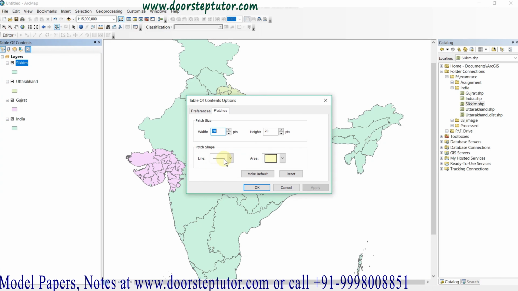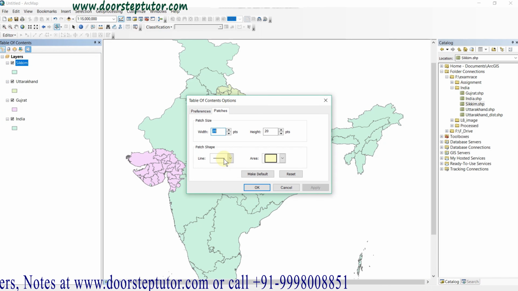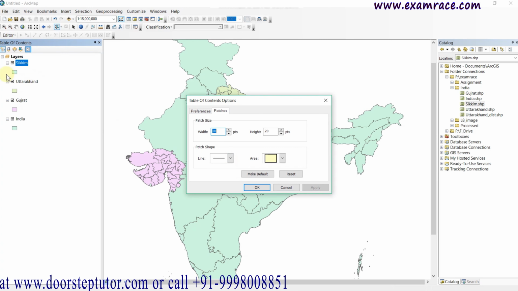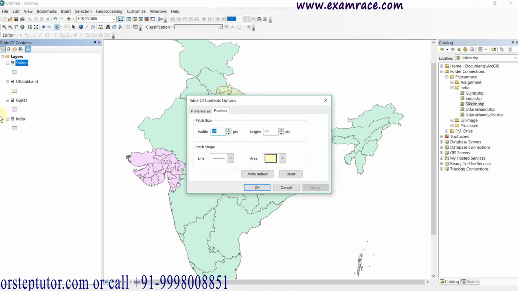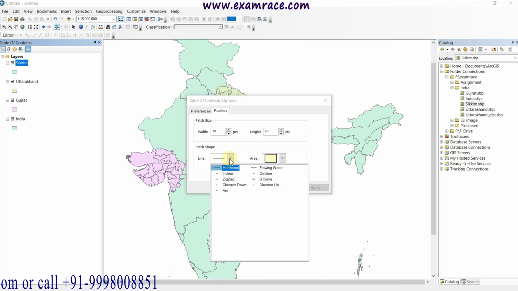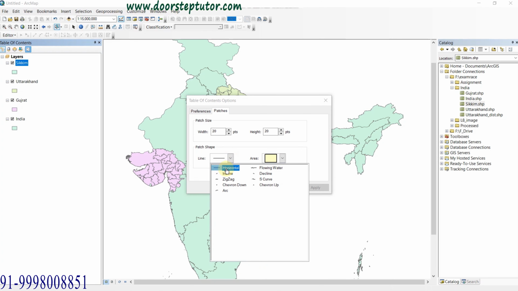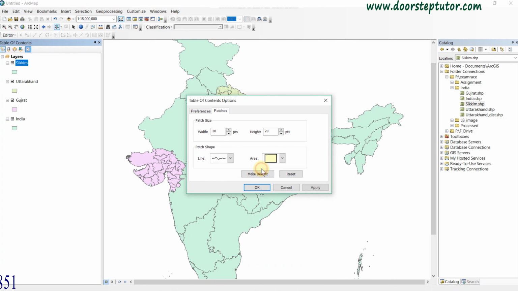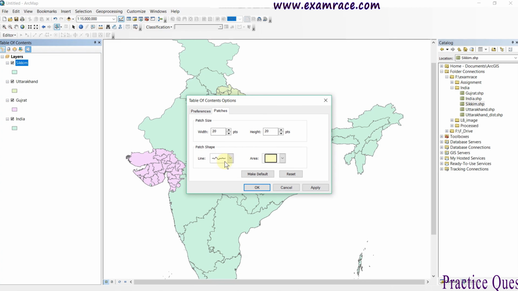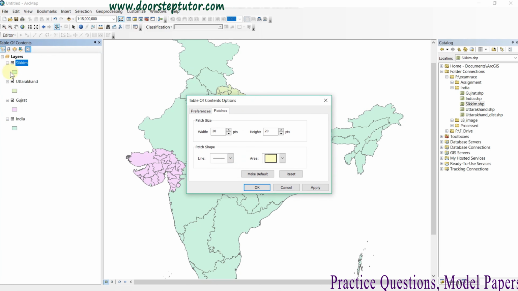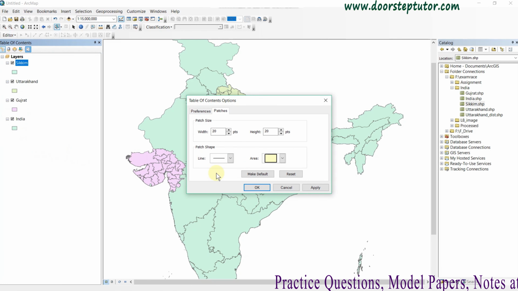If I am adding line feature data, by default the index is always shown as a straight horizontal line. If I select a curvature line, then it will be shown as a curvature line. That's how we can see the indexes of the table of contents.